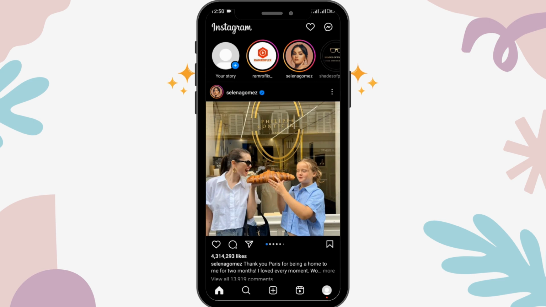The first step is you need to open up your Instagram application on your device, and if you have got multiple accounts, then make sure to log into the account in which you want to make the change. Once you are logged in, you'll be able to see the home page or the newsfeed of Instagram like this. So in order to delete the comment, you need to first go to the post where you want to delete the comment. For that, you can tap on your profile option in the right bottom corner,